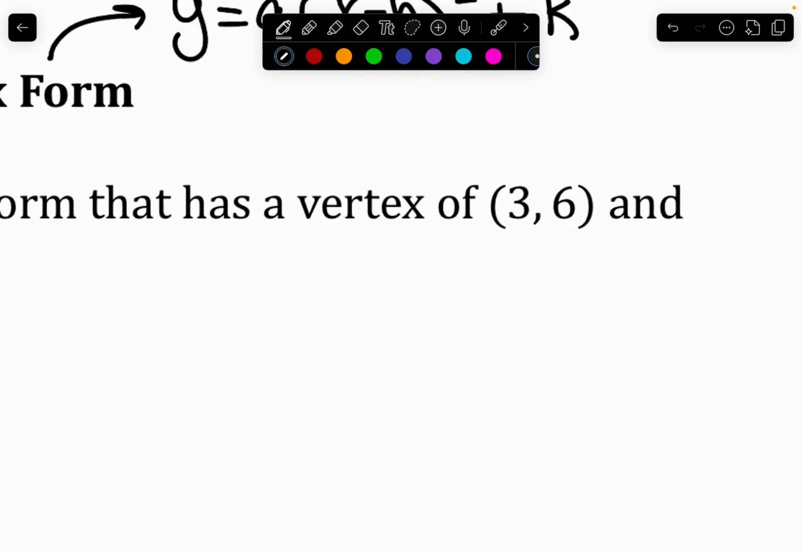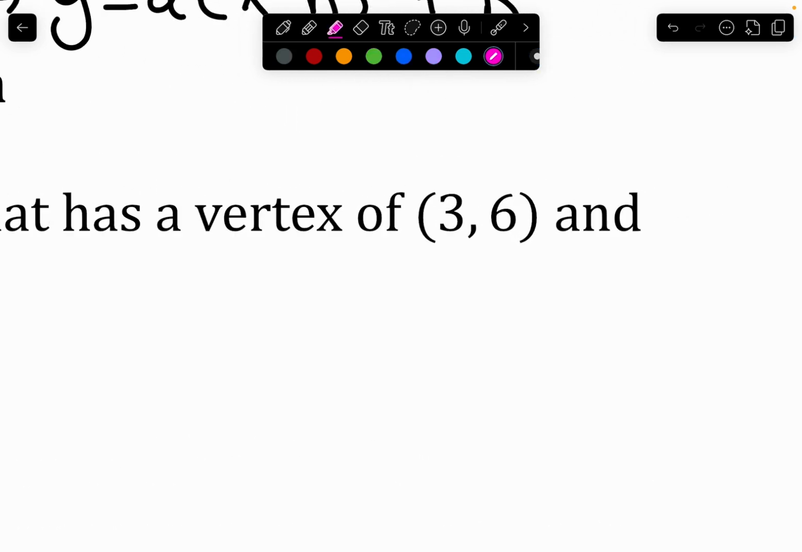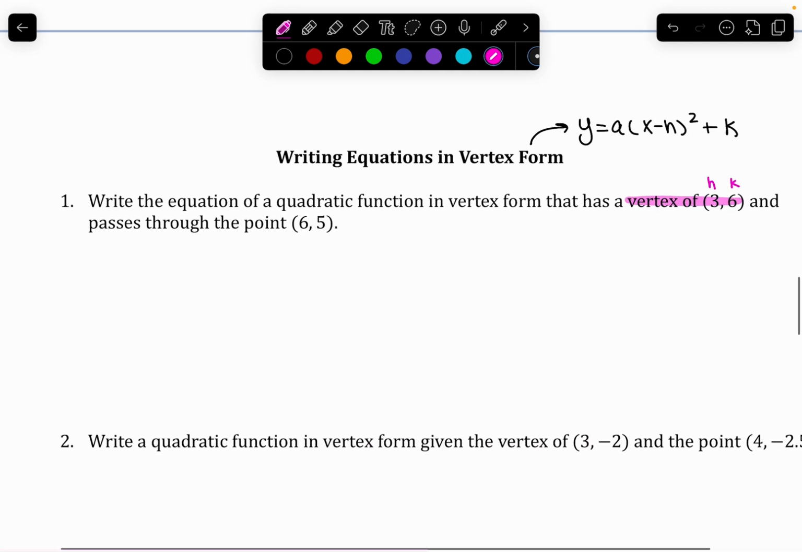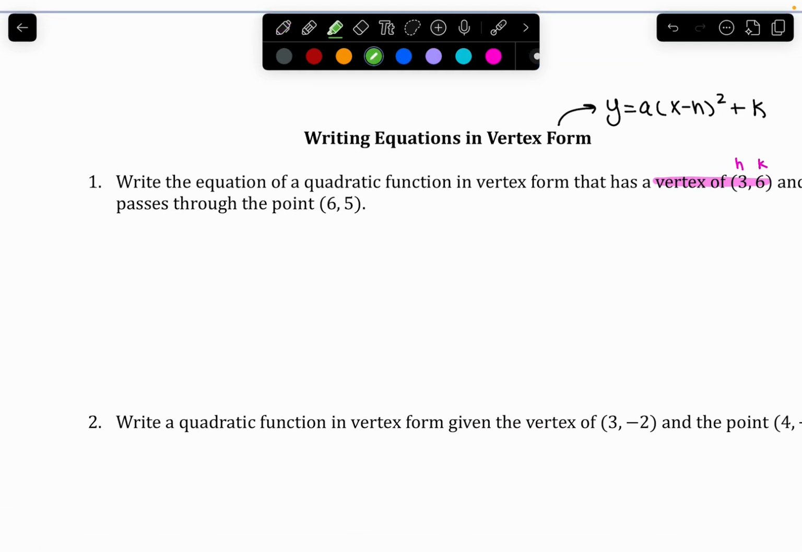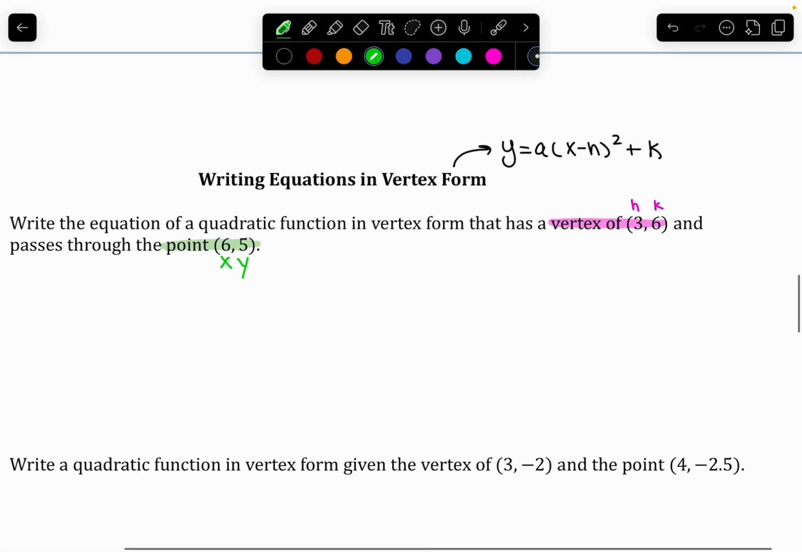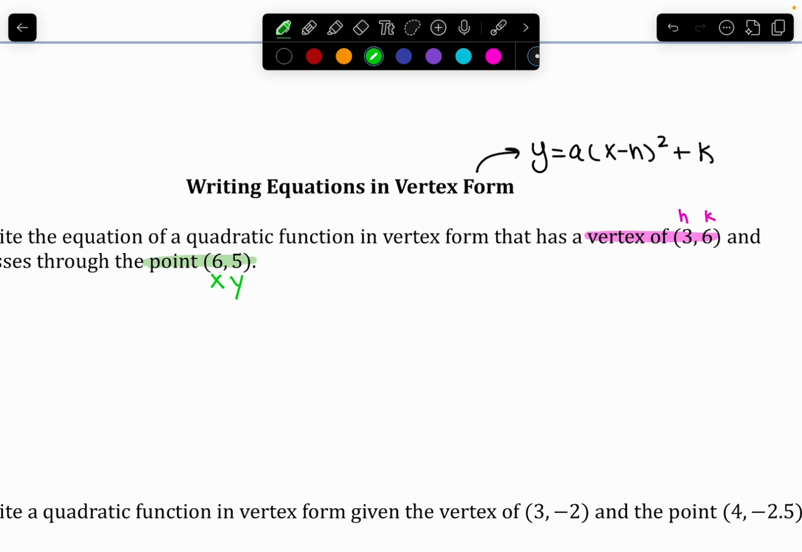So what we want to do is we always want to determine which coordinate is our vertex. So whatever it tells you, that is going to be your h value and your k value. The other point that it gives you is important, but we're going to do something else with it. We are going to list our point as x, y. And what I want to do is I want to plug in those 4 numbers, okay? The 3 and the 6 from my vertex and the 6 and the 5 from my point